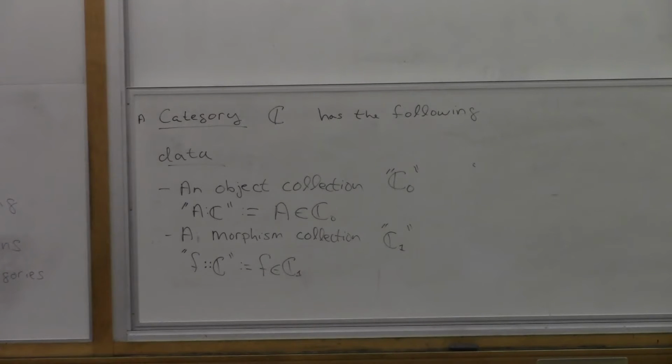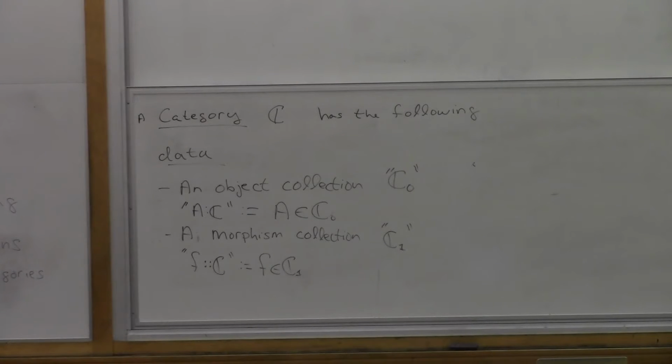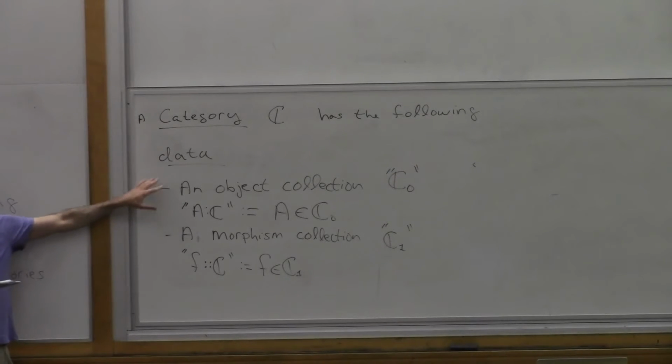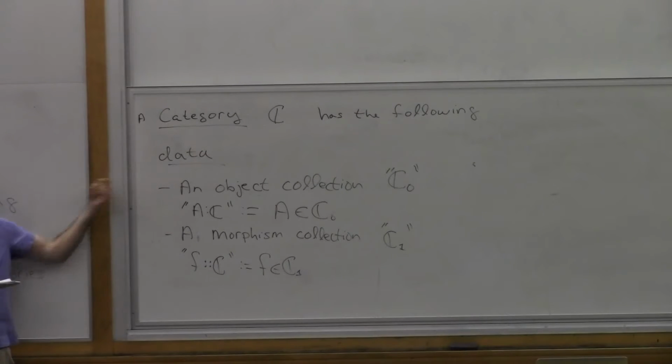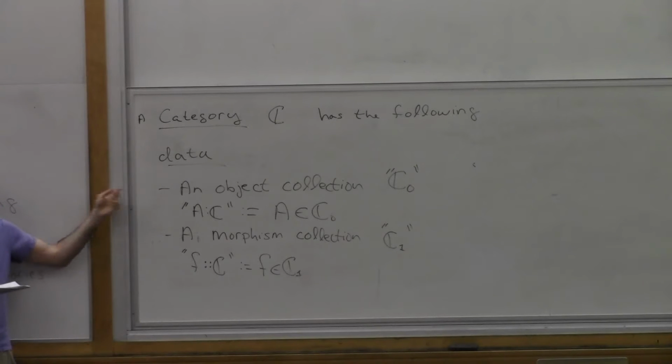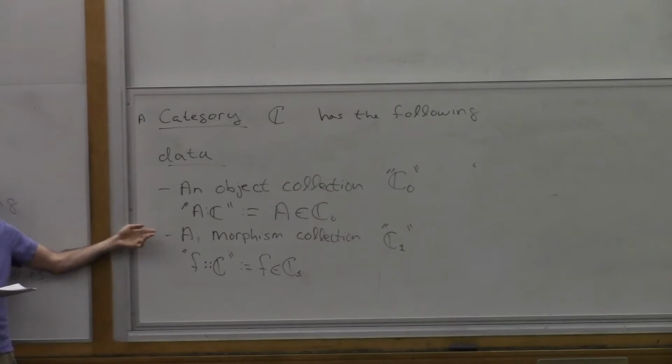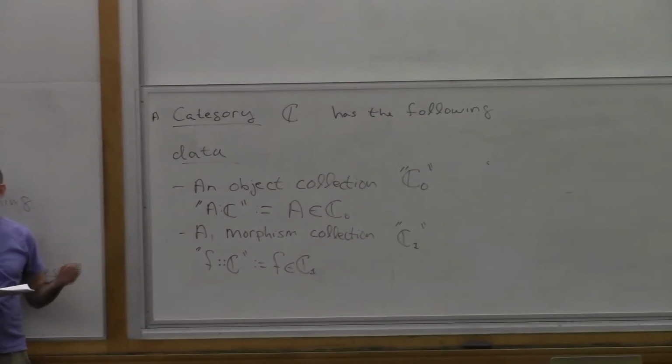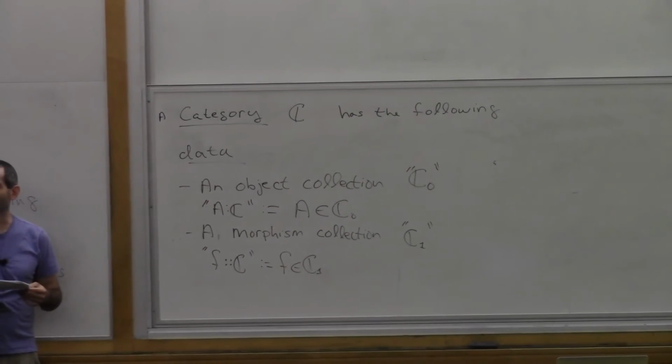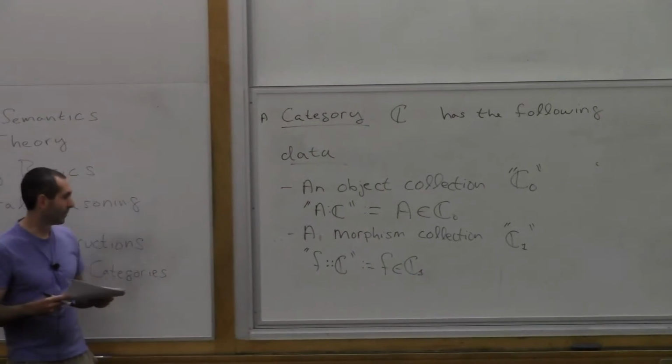Yeah, so I hope that I haven't made the slip and used the word set yet, because I can't, but eventually we will. So it's just to distinguish two separate collections, right? One is the collection we're calling objects, and you should think of them as zero-dimensional points. The other collection we're calling morphisms or arrows, and you should think of them as one-dimensional things that we'll talk about. Okay,